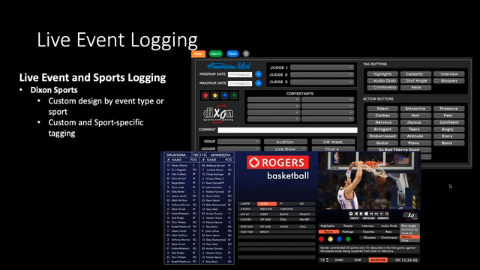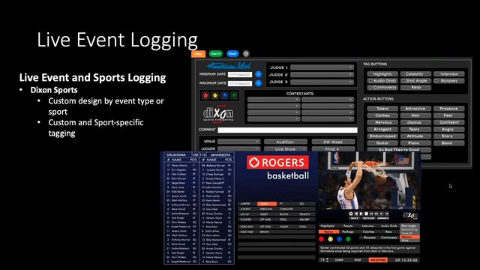Now we're also hooked up with Dixon Sports. So Dixon Sports has a live logger as well. And with live logging, you have a full sporting or corporate event or even a custom event as well. You can get specific with the tagging and so on. So you have different teams going on. You have players, and as different sports, cricket to basketball to baseball to soccer to football, whatever it might be, you can tag all that, and that actually comes in as markers information as well.